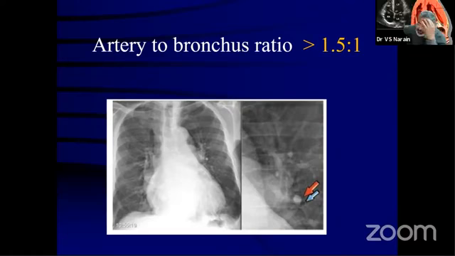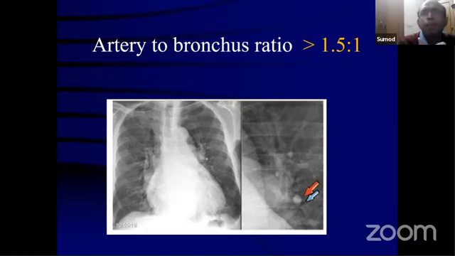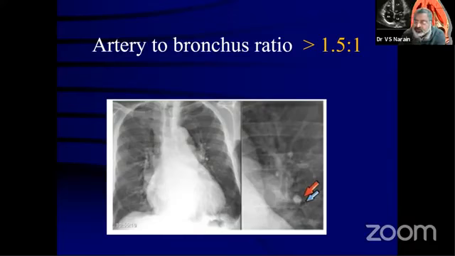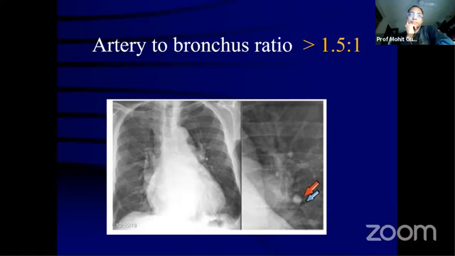So what do we call a pink tetralogy? How do you define pink tetralogy? When we go ahead and say pink tetralogy, what do we say? The RVOT obstruction is severe, but it may not be severe enough to produce deep cyanosis. That is all we can say. So your objection is that you should not call it a mild PS. RVOT obstruction has to be severe. Yeah, RVOT obstruction has to be severe.